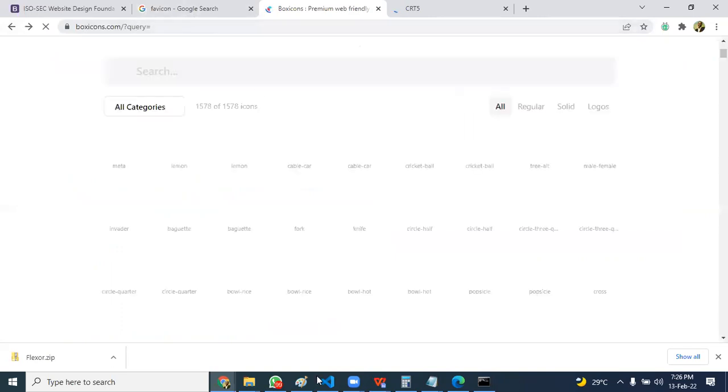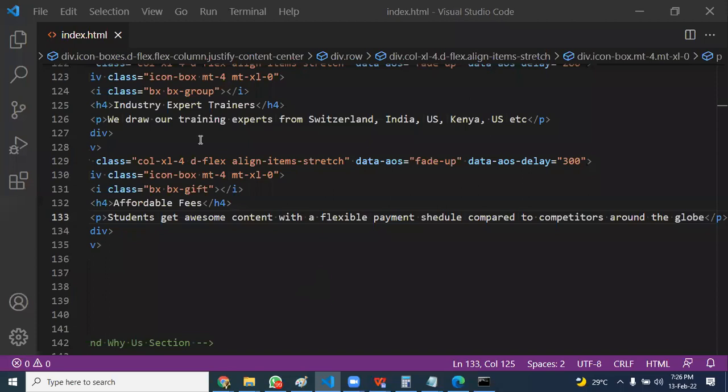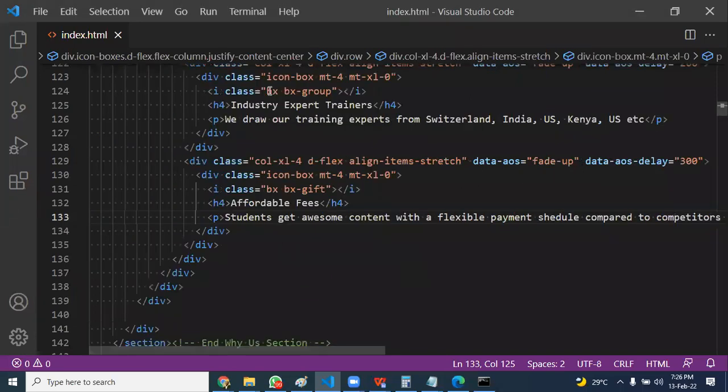Boxicons.com. That is because from the reference I see here, the reference typically stated BX. So I don't know the other types of BX, so a simple Google will suffice. So you have other types. This is BX. What do you mean? Yeah, this is a class, right? And because Bootstrap